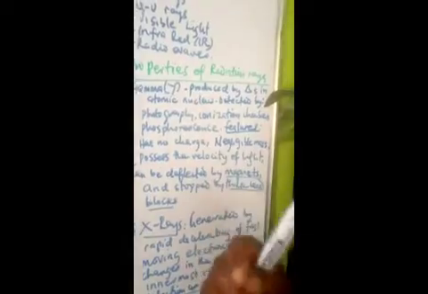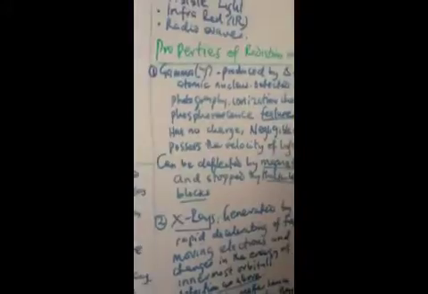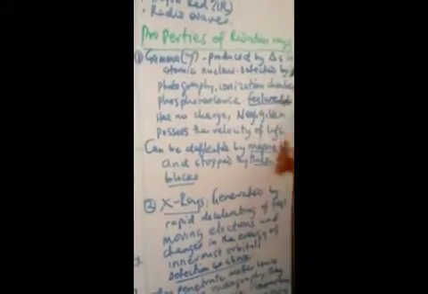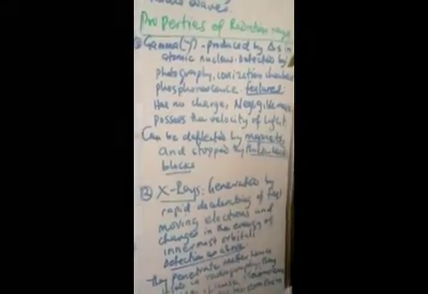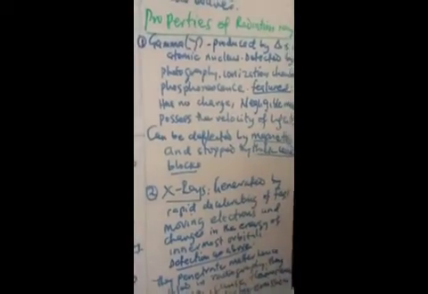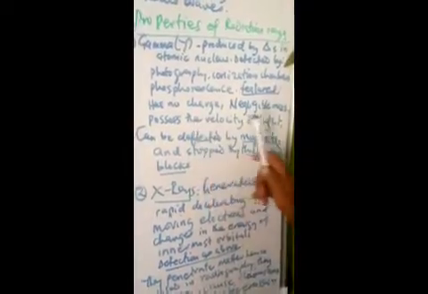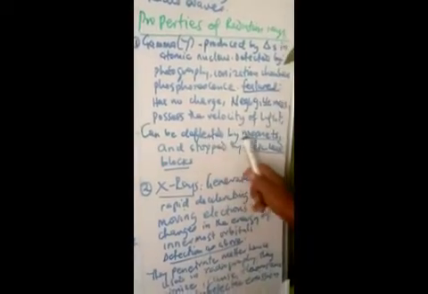What are the features of gamma rays? What are the peculiar features, otherwise the characteristics? 1. They have no charge. You know, you have positive charge and negative charge; they have no charge. 2. They have a negligible mass in their nucleus. 3. They possess the velocity of light. 4. They can be deflected by magnets.